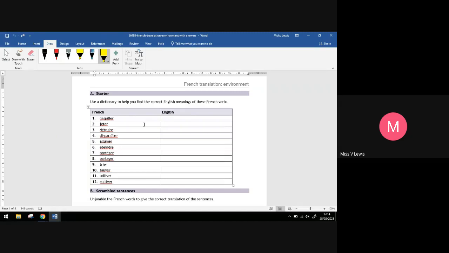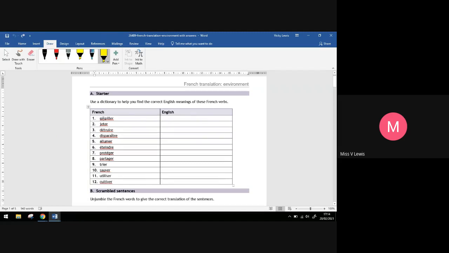So here is a list of 12 words, thinking about the types of words they are. They are verbs. It does tell you as well. So remember, always look at the question and the information it gives you for the context. So they are French verbs. And first of all,